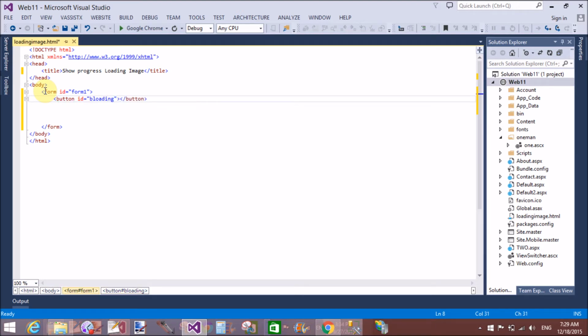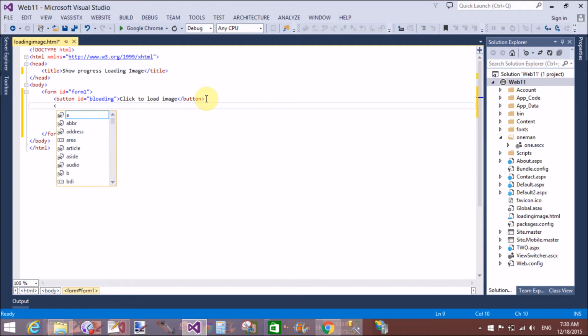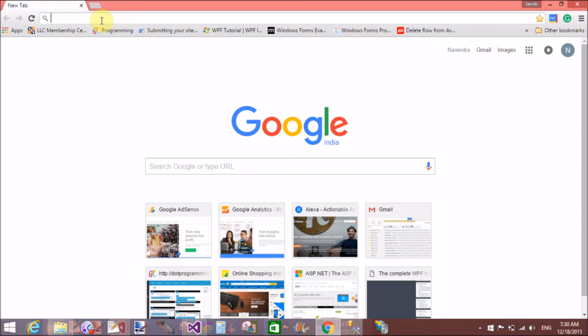So also here we take another button control to reset the button. To do this task, it's similar to what I already discussed in previous video tutorials. Get the button ID. After that we can run the HTML control, and through it we can reset the button. Okay, so here we have two buttons, one being the loading image button to load the image icon.